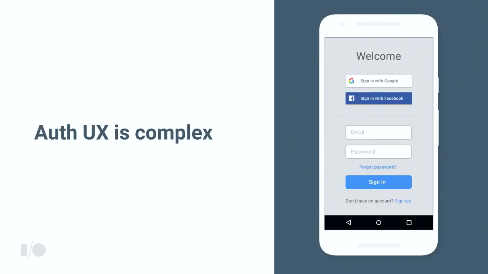Thanks, John. So my name is Steven. I'm a product manager on the Google Identity Platform. And today we're going to talk about what happens next. So once you've taken John's advice and you've added a Google sign-in button to your app, you might have a sign-in screen that looks something like this. And let's see what happens to Livy when she comes across this experience.